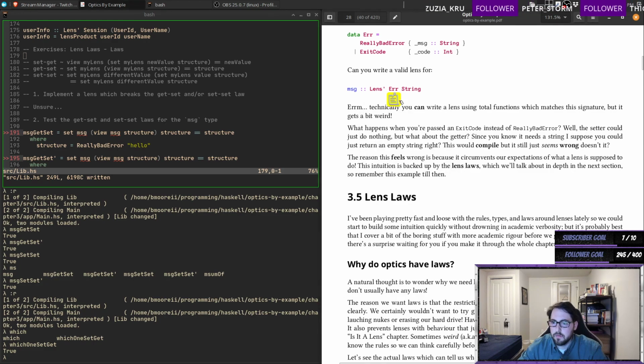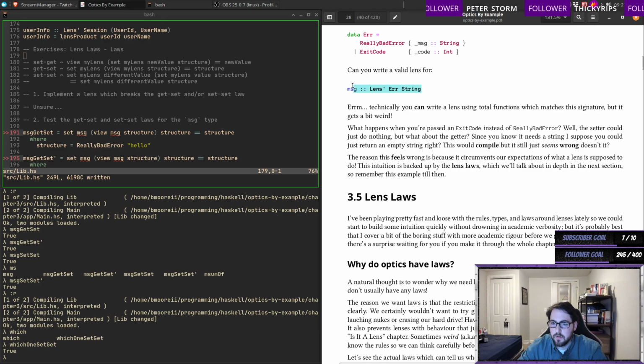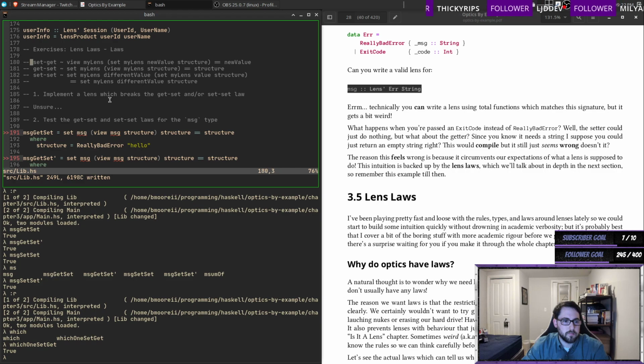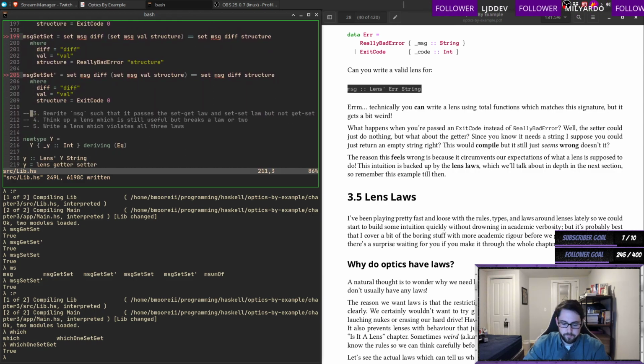What is this? Go away. How do I get rid of this? Remove annotation. I must have clicked this button. Is this an annotation? Yeah. Okay, so we're no longer using